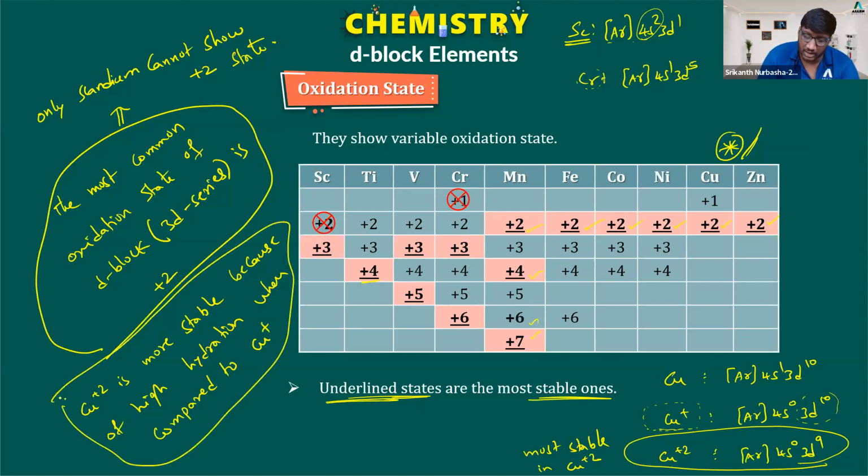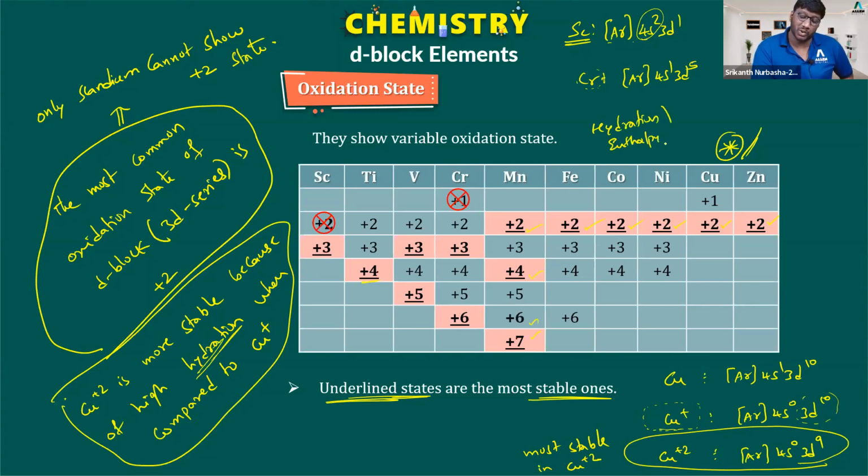If you just look at the electronic configuration, you are getting Cu plus as 3d10, so it should be more stable. But in reality, Cu plus 2 is more stable. Why? Cu plus 2 is more stable because of high hydration. You may ask a question, sir, how can you decide the hydration? Hydration enthalpy